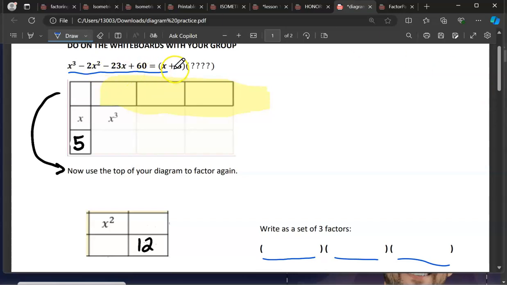We will always, in this class, be given one of those three factors. So if you really want to feel good about it and get a head start, one of your factors is the factor they gave you up here to start with. It is your job to find the other two. In order to do that, we start by filling out our first table, which is a 2 by 3. And then once we have that filled out, we're going to use the information we get to also create a 2 by 2. And that 2 by 2 is what's going to give us the answers for